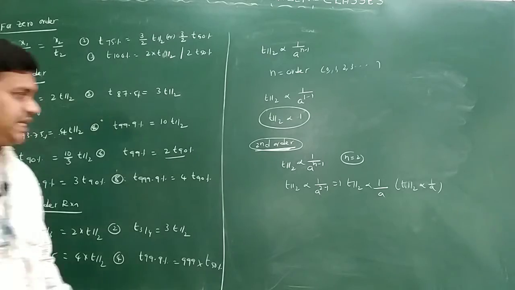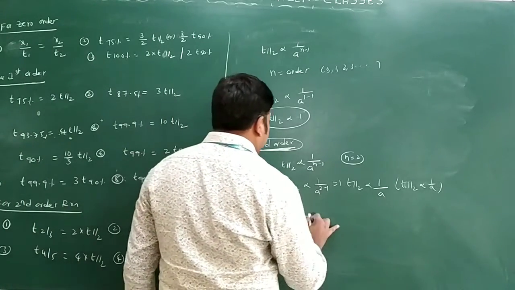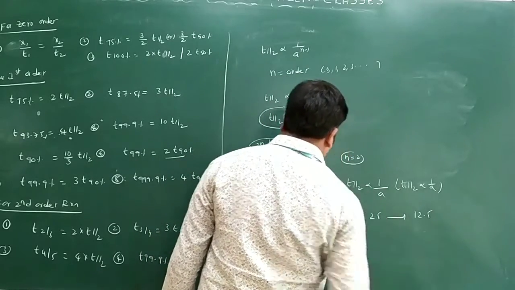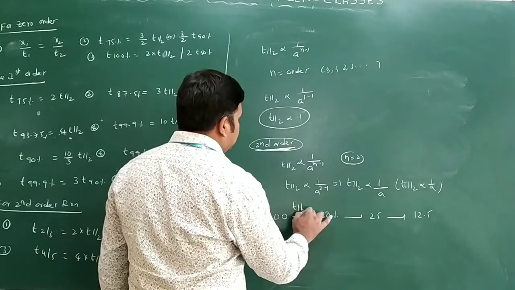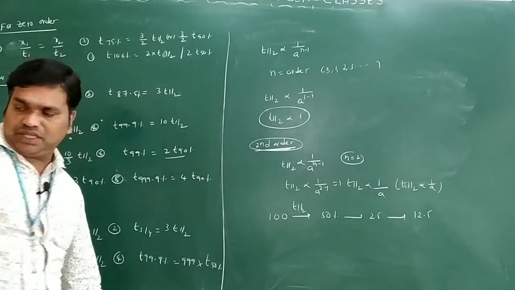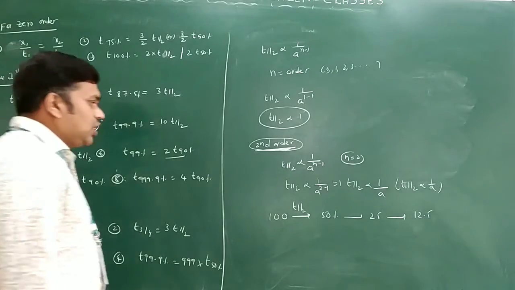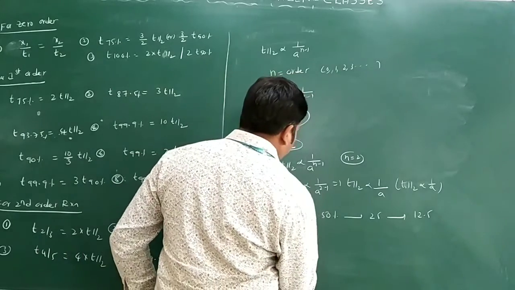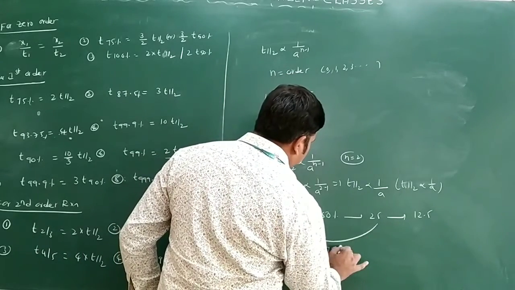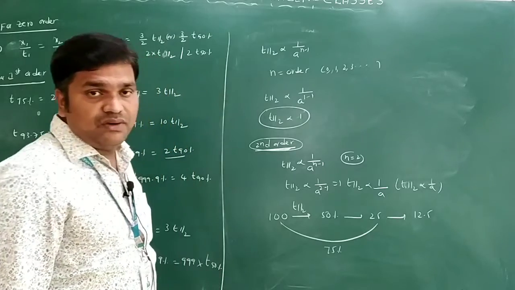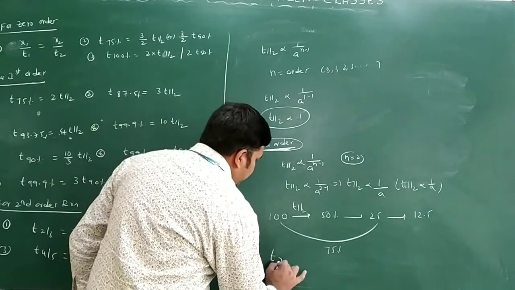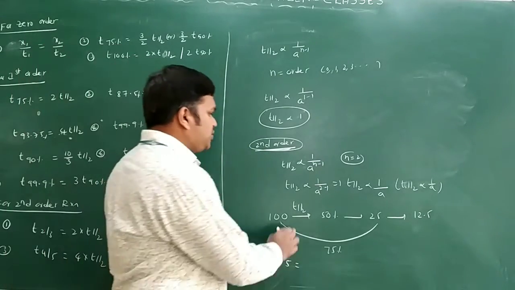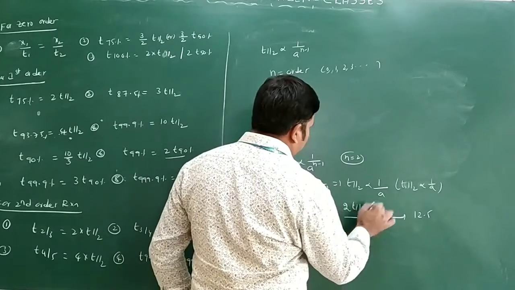Suppose you want to take the expression for this second order reaction. Suppose I am taking here the second order reaction, we have 100%. So this is 50%, this is 25%, this is 12.5%, and so on. So generally, this is half-life you are taking. Now suppose you are taking for this 50%. If you take the difference, you will get 75%. Suppose I am writing here T 75%. So T 75%, how much will you get here? This is T half, this you will get 2 T half.